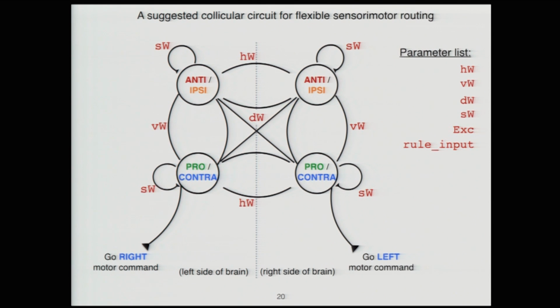There's going to be some strength of the signal from prefrontal cortex that feeds the information as to is this a pro-trial or an anti-trial at the beginning. There's going to be some strength of the input of the target light. There's going to be some intrinsic properties of the neurons, et cetera, et cetera. And by the time you finish listing a minimal set of parameters, we ended up with 15 different